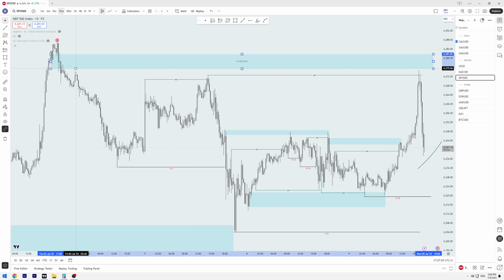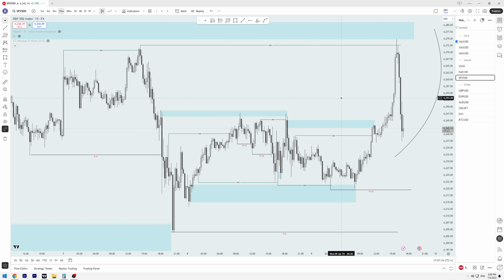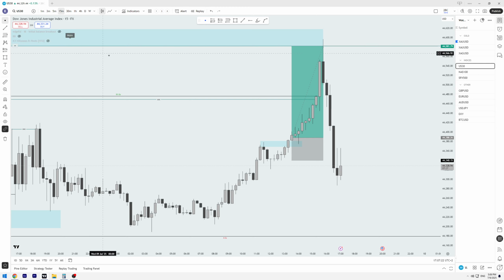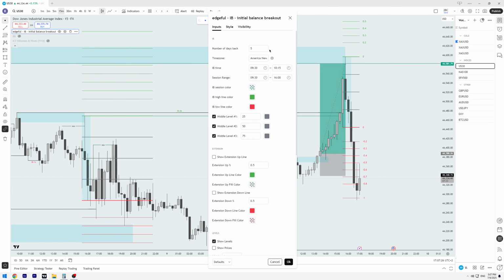So I decided to close it because it was SMT on both NAS and S&P. So I decided to close it. And also the last thing why I decided to close is the initial balance breakout, which is for me, I look for the first 45 minutes, and it was literally